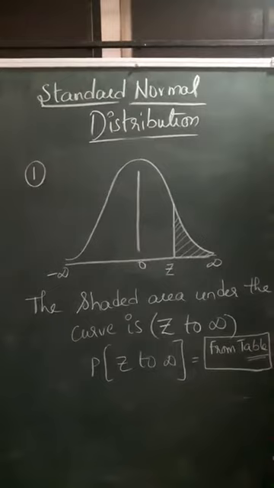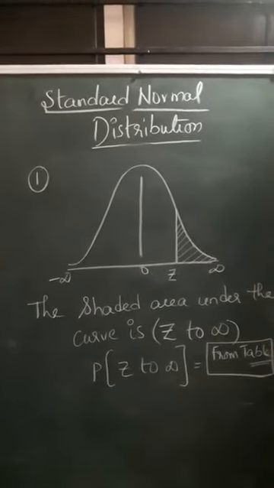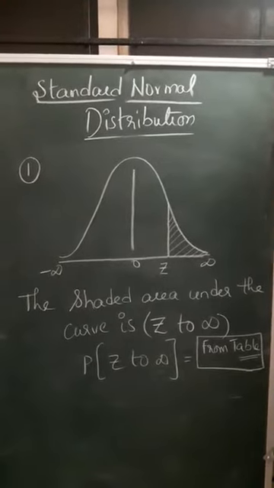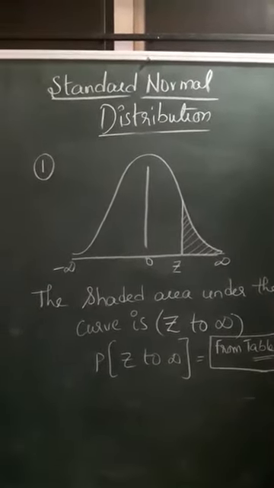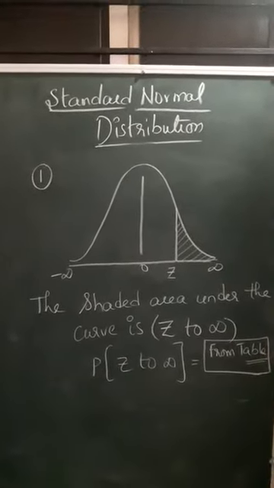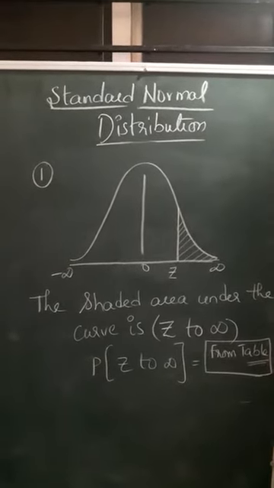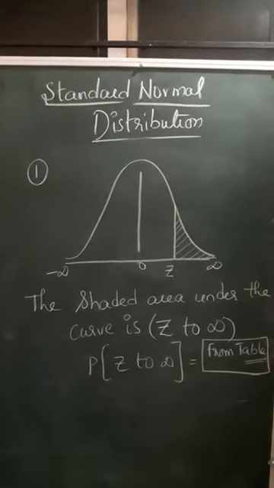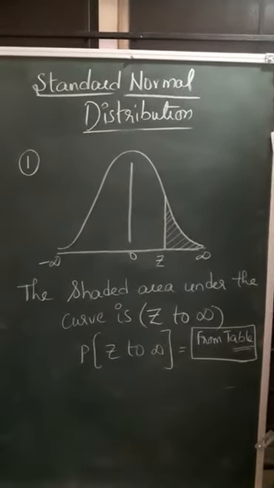Always remember that. Now what is that area in a normal curve? The shaded area from the z value to infinity. The z value anyhow we have to calculate by using the data, and then after calculating the z, plotting that z value, and then according to the inequality term, either greater or less, we have to shade the region.